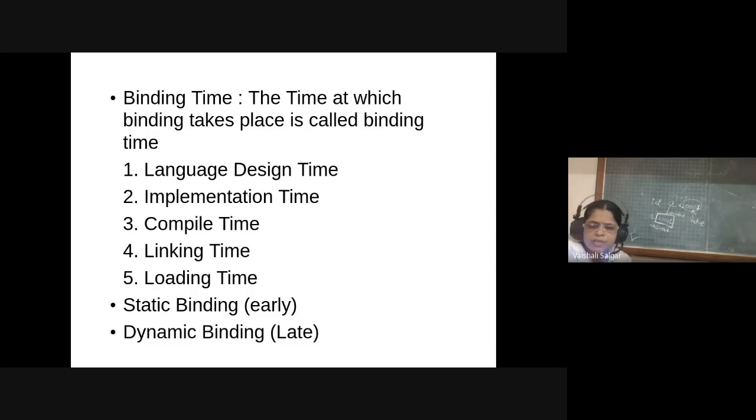My machine does not know what scanf or printf is. So when you use the inbuilt functions of a programming language, you have to include the libraries, and the binding of these functions is done at linking time. Is that clear?